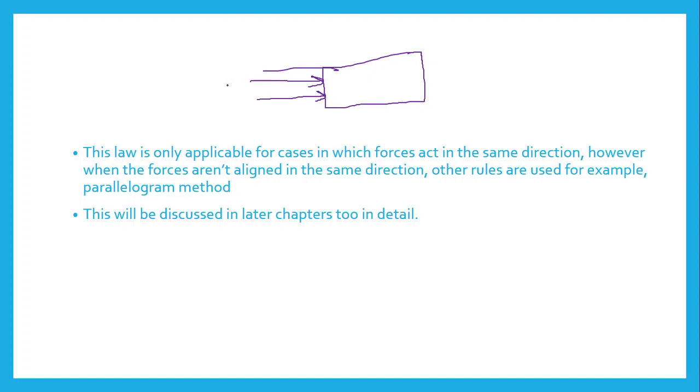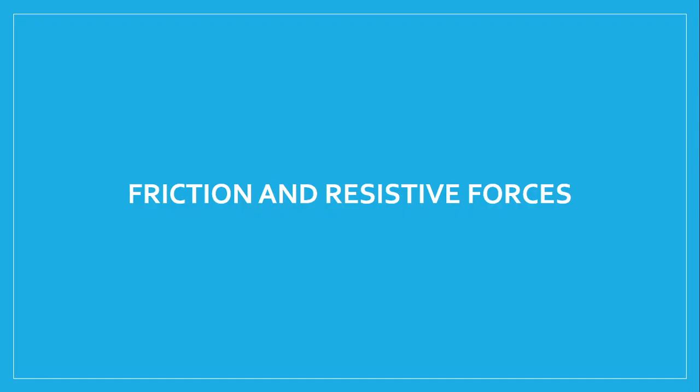Whether it be like this or like this, all three of these arrows, this one, and this one, all of them can be added because they are parallel to each other. Okay, now we are going to be talking about this very important last part, which is basically friction